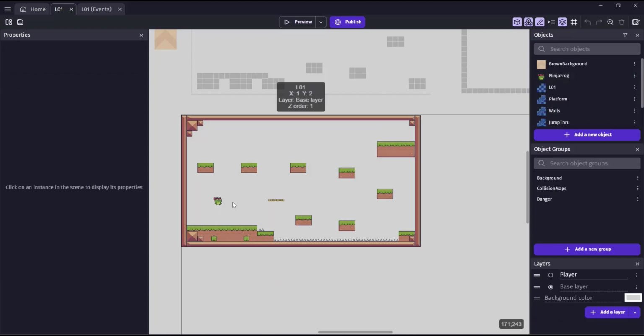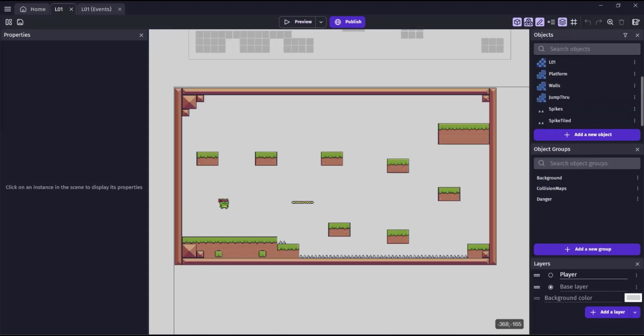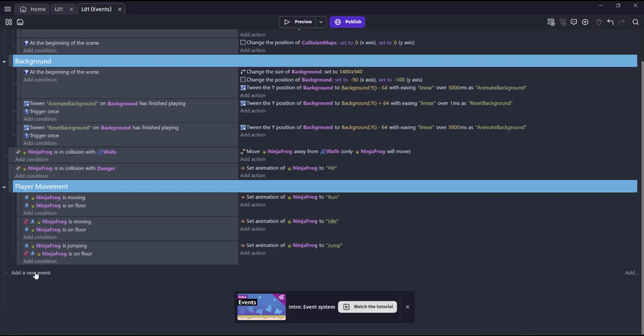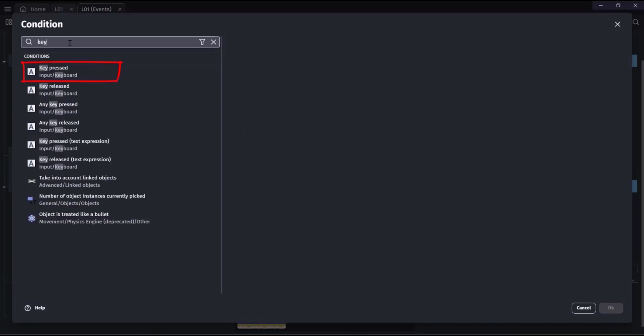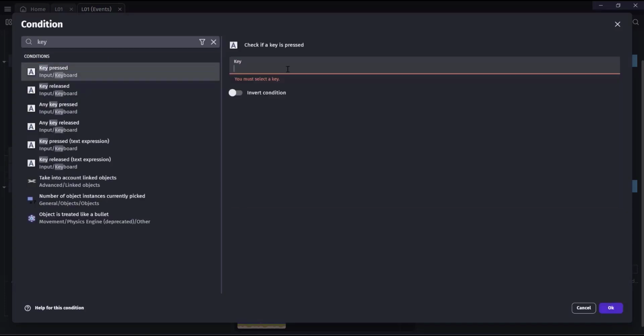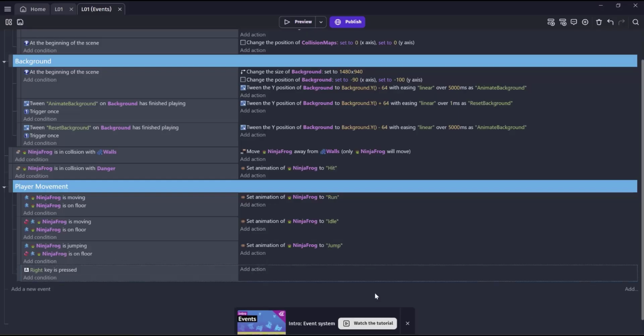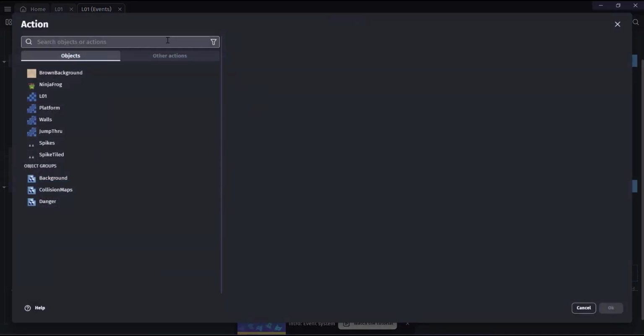Okay, so our tile map is corrected and our collision maps are correctly pointing to the new modified tile map. So back in GDevelop, I want to fix a couple of things for our player movement. Click on the Events tab and let's add a new event. Add a new condition, and we want to add a key press. If the key is pressed and we want the right key,